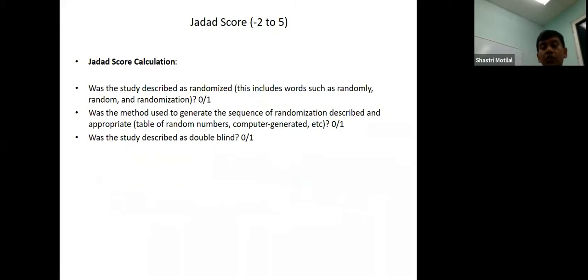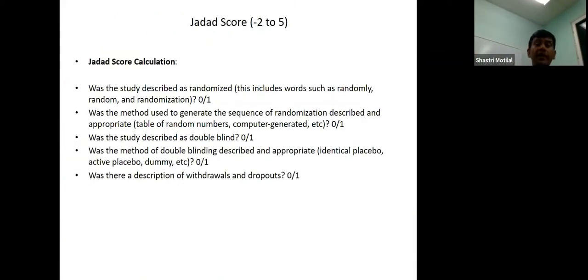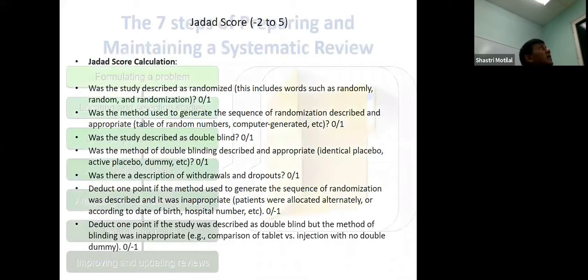So if you're doing a systematic review, you could just glance at the abstract or skim through a paper and in a few minutes work out the JADAD score for an RCT. Of course, those are not the only things we look at when doing an appraisal. In a systematic review, you might decide that you're only going to pick studies with a JADAD score of 4 or 5. I only want the studies that are done well. Studies with a JADAD score less than 3, the quality is not good enough for me. I want really good quality studies, regardless of the findings. So that is one of the ways I could do it, specifically for RCTs.